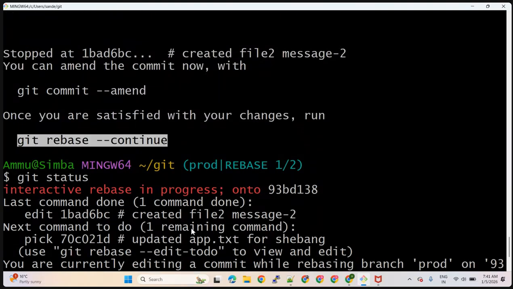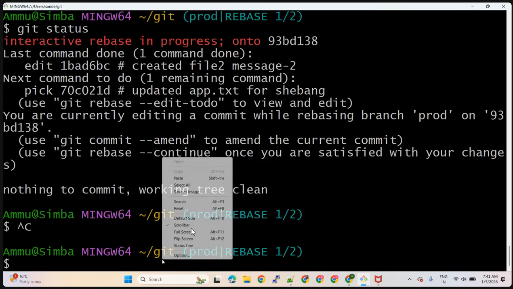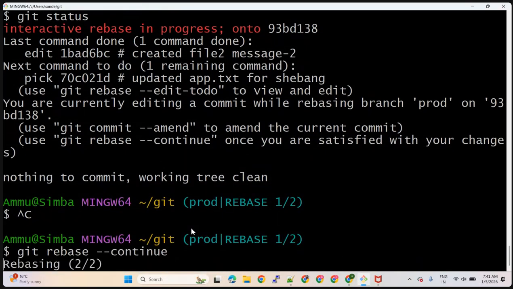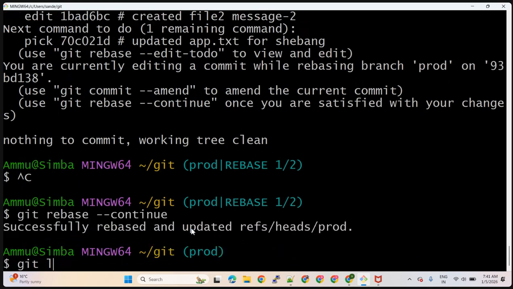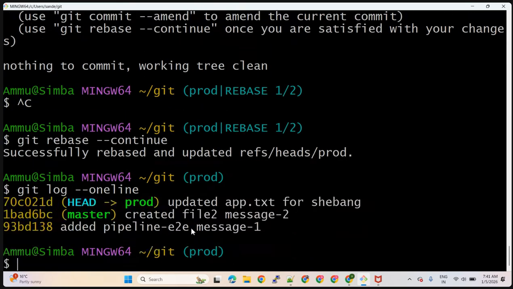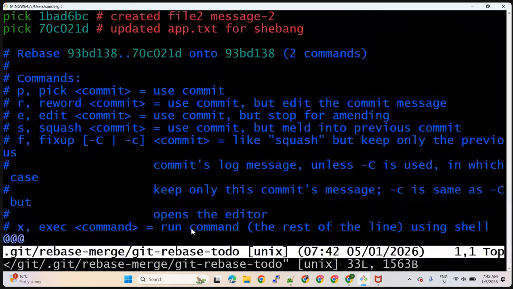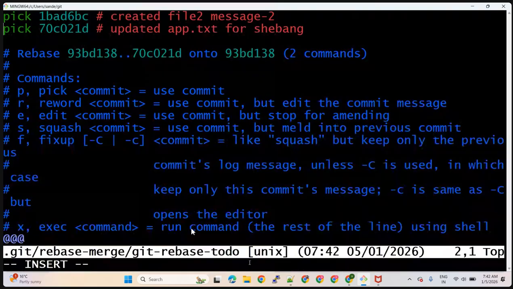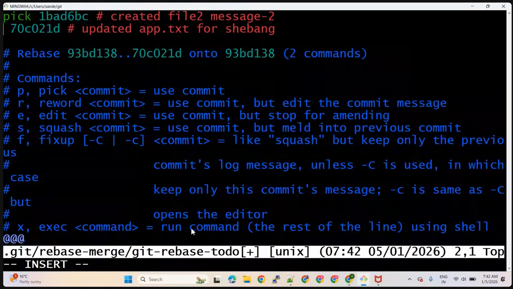Wait just a minute. Let's continue with Rebase. Okay, if I do git log --oneline, this commit message is not modified. So I'm going to run it once more. If I do HEAD~2, git rebase, let's keep this for edit,